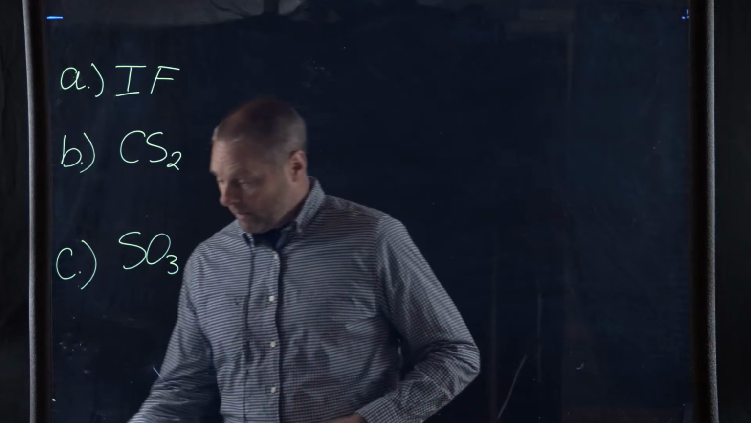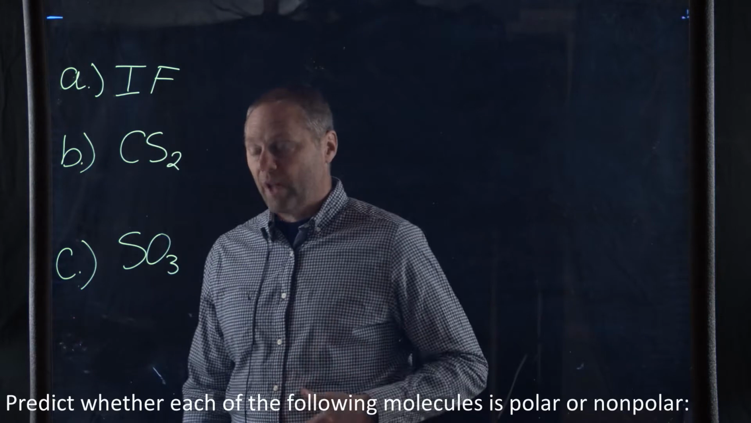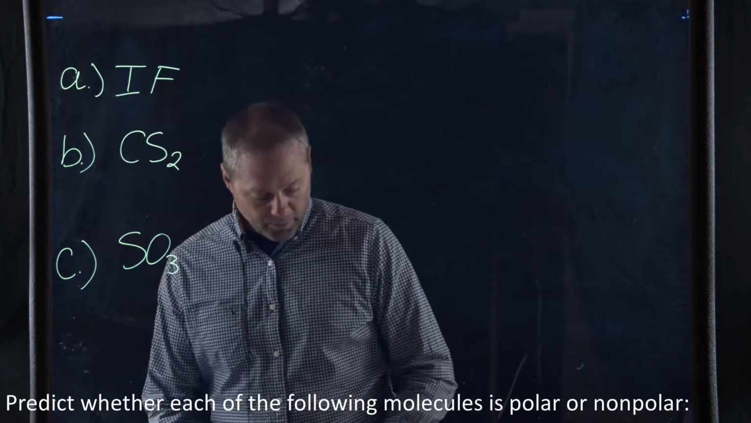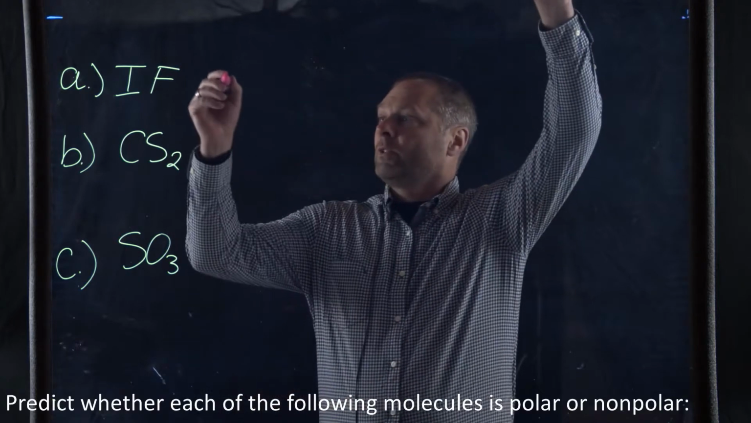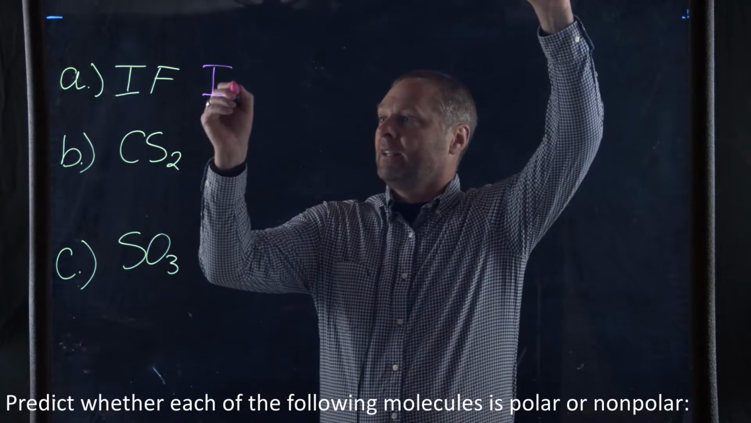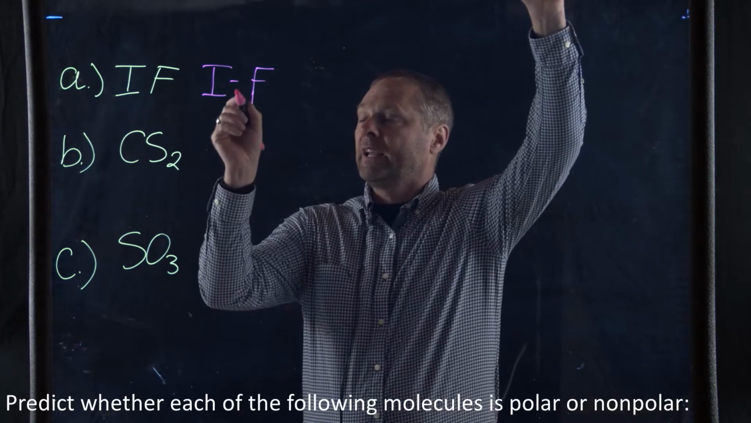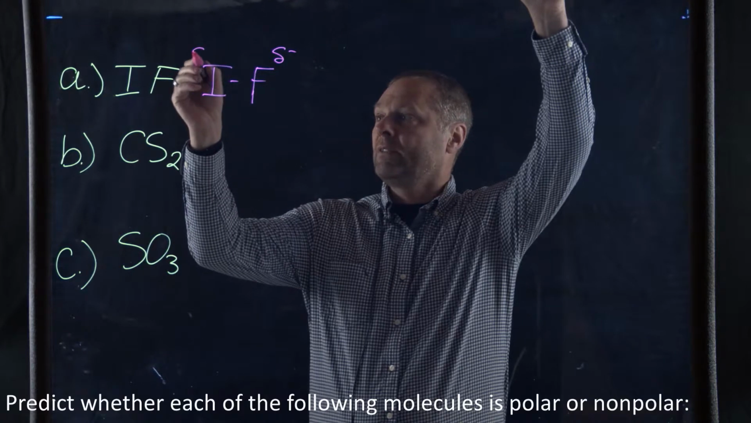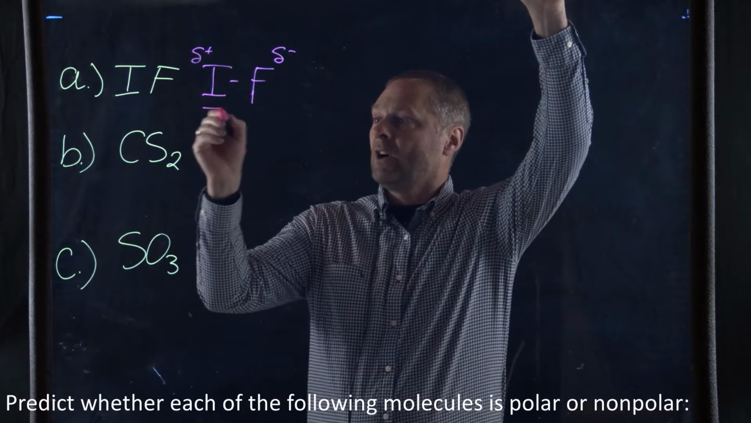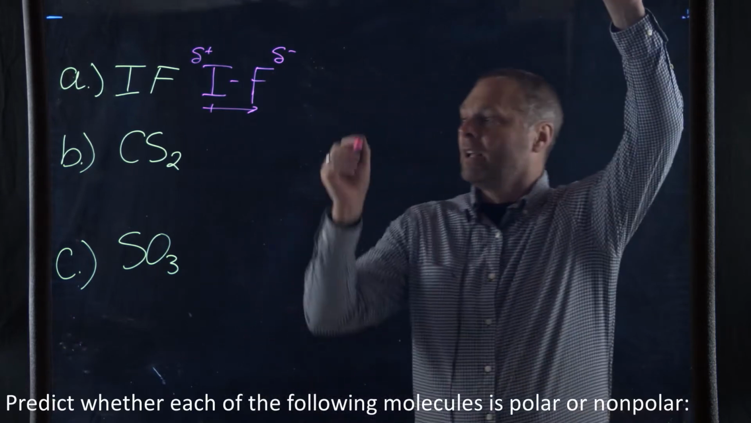In this problem, what we want to do is predict whether the following molecules are polar or nonpolar. For the first one we're going to look at iodine fluoride. If we draw iodine fluoride, we have an iodine bonded to a fluorine. There's going to be a greater electronegativity on the fluorine than the iodine, such that this is going to be partially negative and this will be partially positive, causing there to be a dipole moment towards the fluorine. And so this would be a